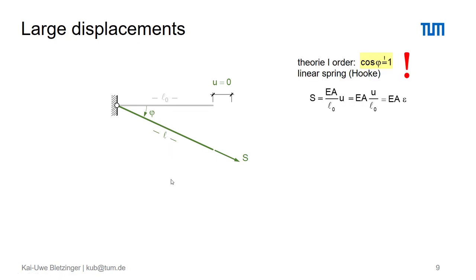Let's now introduce our simplifications from theory of first order. In particular, that one here. As I said, along theory of first order, we assume that the cosine of phi remains constant and 1, which means that we assume that the rotation is 0, which quite obviously is not the case. But let's neglect that first of all. Let's apply Hooke's law for our linear spring, and you just remember this basic relation between the cable force and the elongation u, and the stiffness which we had from there.